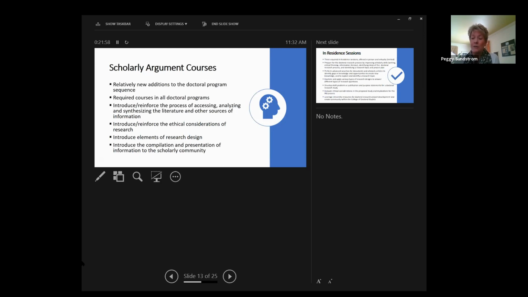student is asked to identify a specific topic or research question, and then look more in depth at how the literature supports the need for a project in this area. What are the ethical considerations about doing research, and what kind of research might make sense in terms of this particular topic? So these are integrated into the program, and they nicely complement the work that we do in our